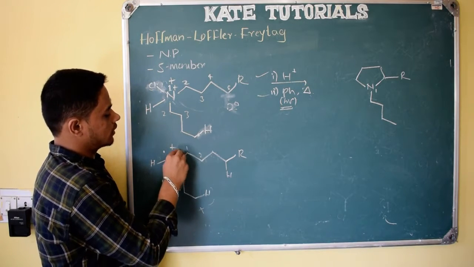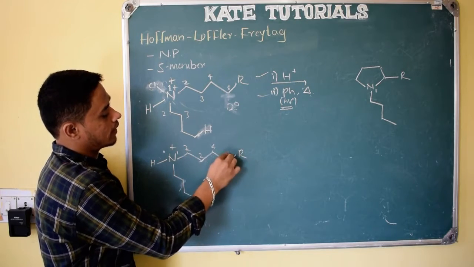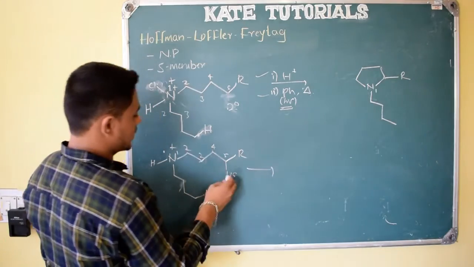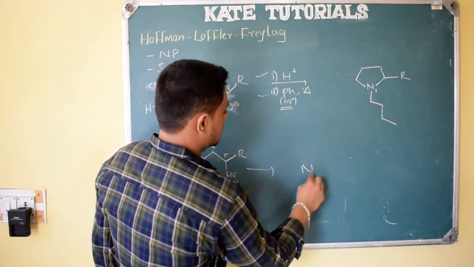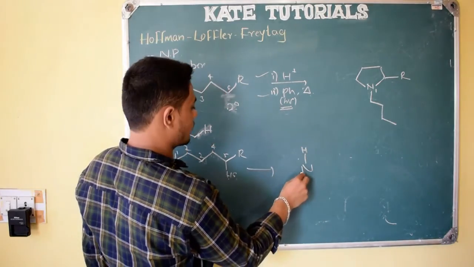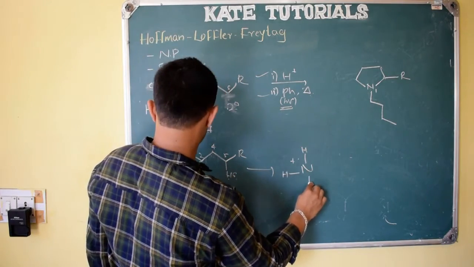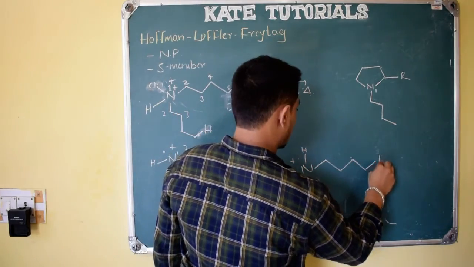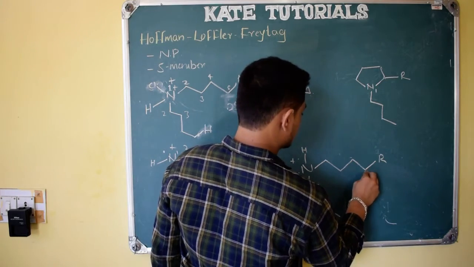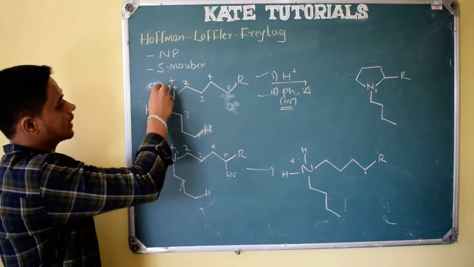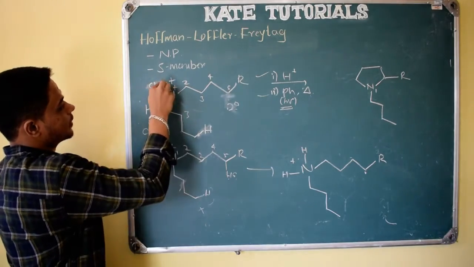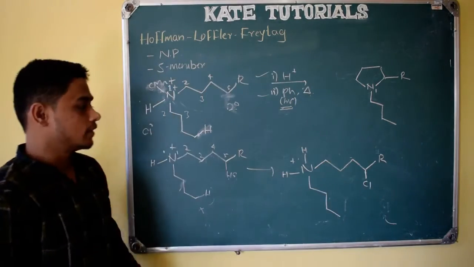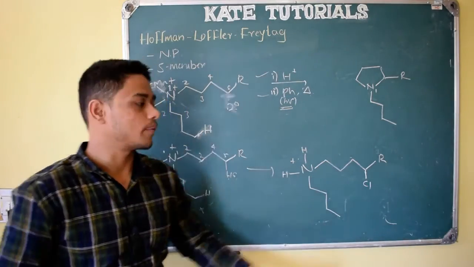So 1, 2, 3, 4, 5, 6. It will take the hydrogen on the fifth carbon. So it takes this proton, and here it becomes one more H, with the positive charge here as usual, right? And here, 1, 2, 3, 4, R, and a radical is formed, and this radical and the chlorine radical are there, because of homolytic cleavage, so that radical and the chlorine radical will combine to form this C-Cl bond.